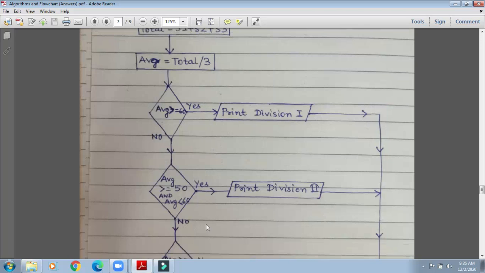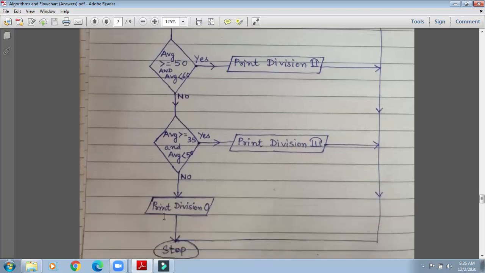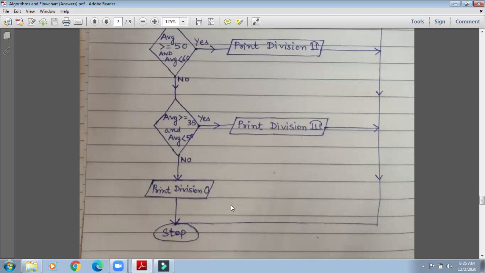If no, then again AVG greater than or equal to 35 and AVG less than 50. Yes, then print division third. Otherwise print 0. It means if it is neither division 3 nor division 2 nor division 1, then the last option is division 0. No need to check it, because we know it is neither 1 nor 2 nor 3, so it is 0. Then stop.